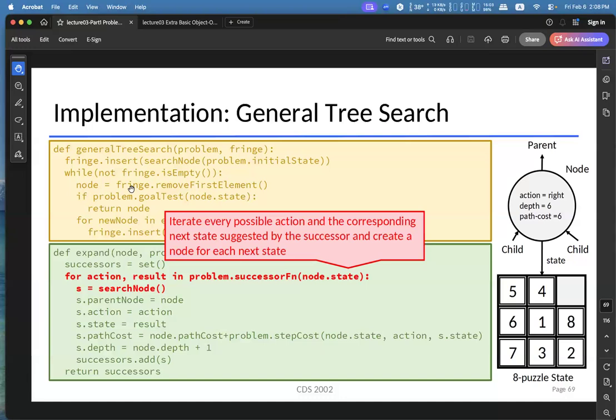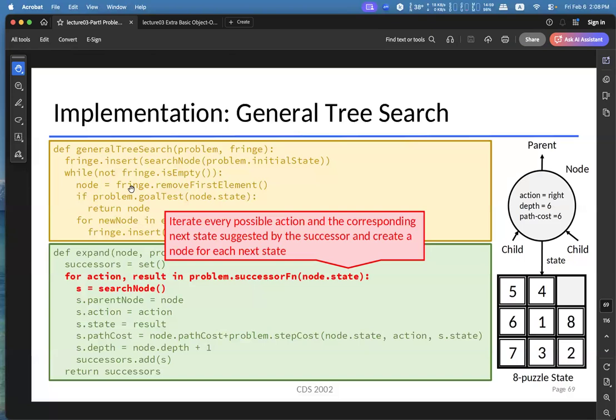That is the reason why the tree search algorithm can isolate itself from the problem being solved. All the technical details of the problem itself are embedded in the successor function, which the search algorithm doesn't need to touch.